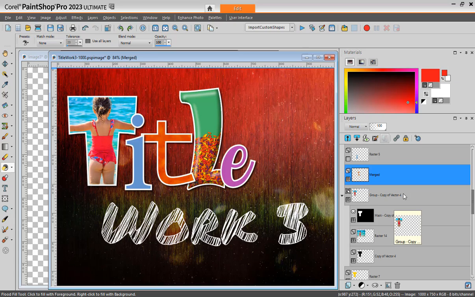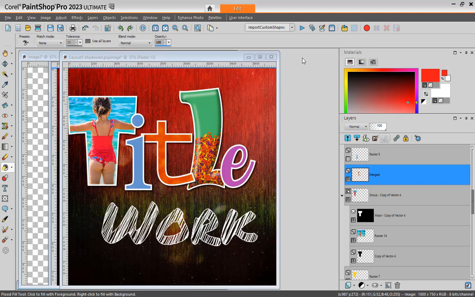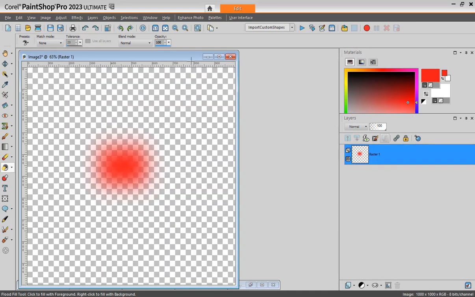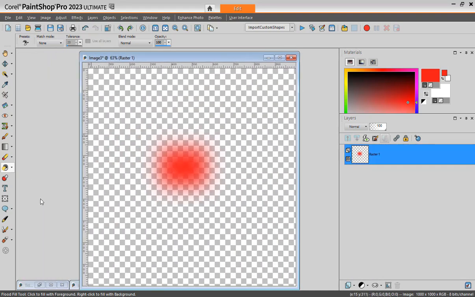Okay, Julie was saying there's not many shapes in PaintShop, and there are a couple of reasons. By default, when you install PaintShop, especially the latest versions, in order to make the installation file smaller, they did not include many supplies, whether it's picture tubes, shapes, brushes, etc. But they are often available